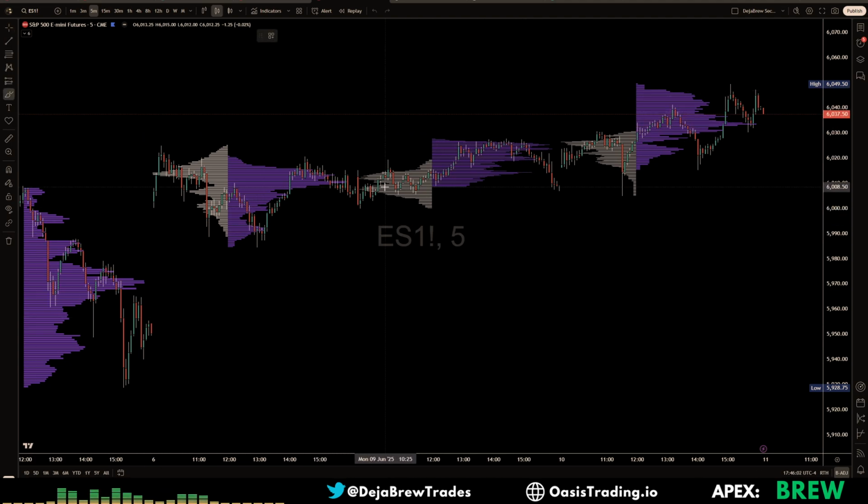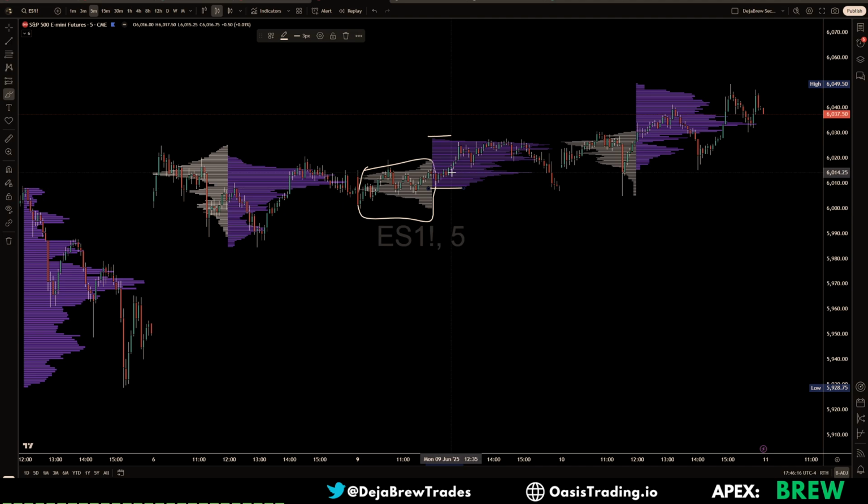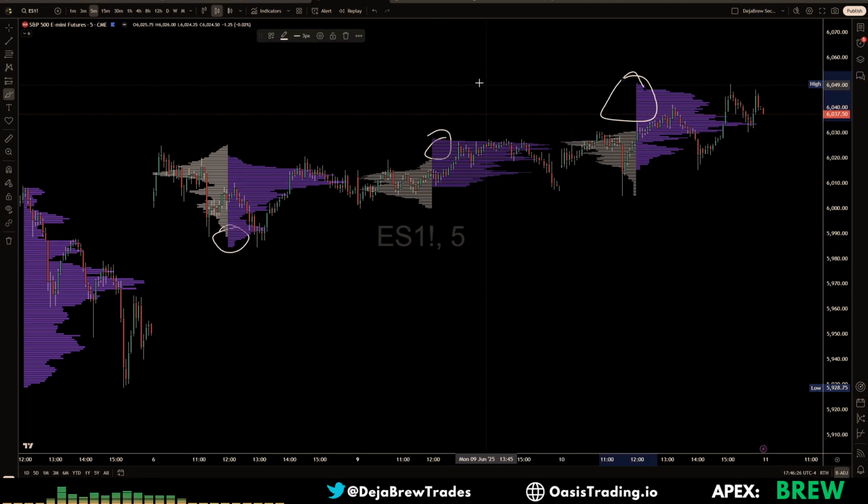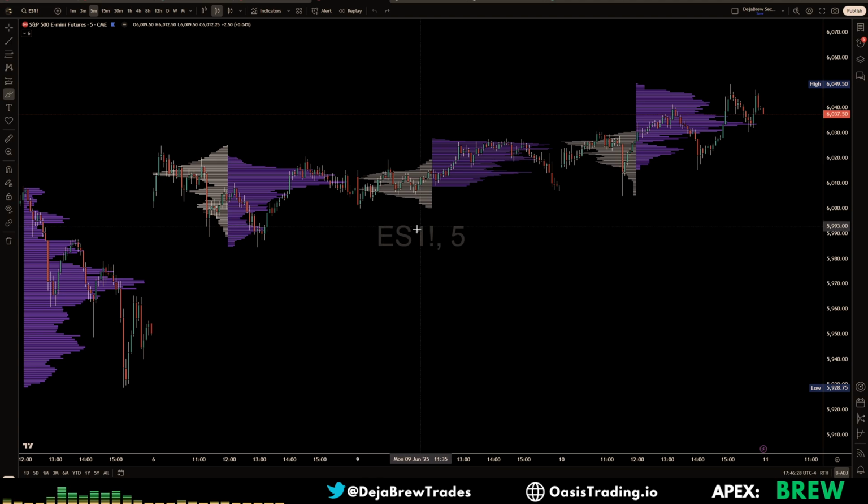Just to give you an idea what you're looking at here, the white/gray profile is from 9:30 to 12 o'clock, basically the morning value. And the purple profile is from 12 o'clock into the close. That is the afternoon value. Anytime you see a break in the afternoon that breaks above or below the morning value, it typically always